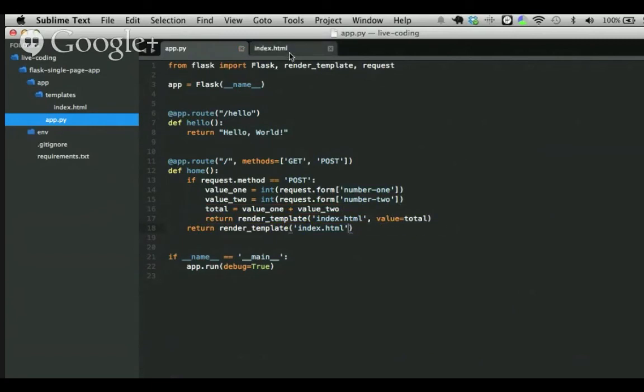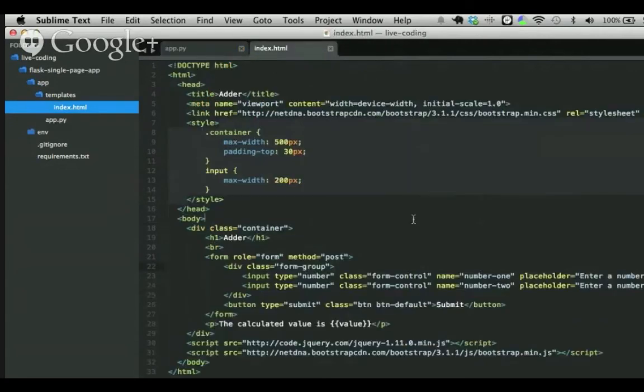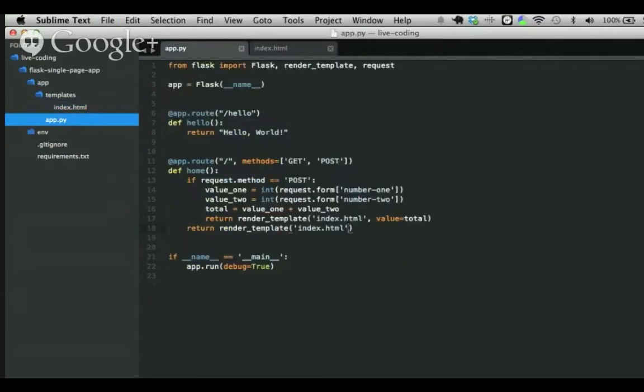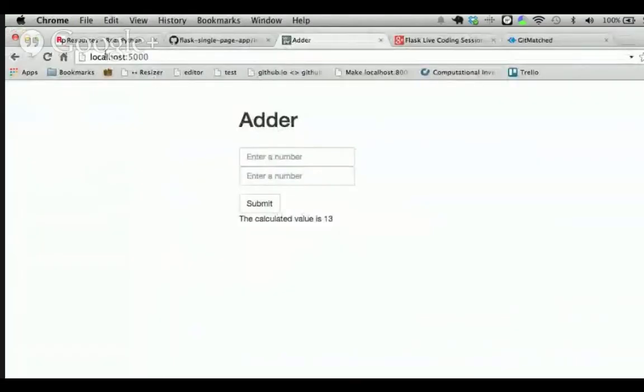Cool. And so in the index.html, everything looks correct. Let's test this out again. Back in the browser, let's go ahead and refresh it again. So let's enter a number, enter another number, click submit. At 30. Cool.